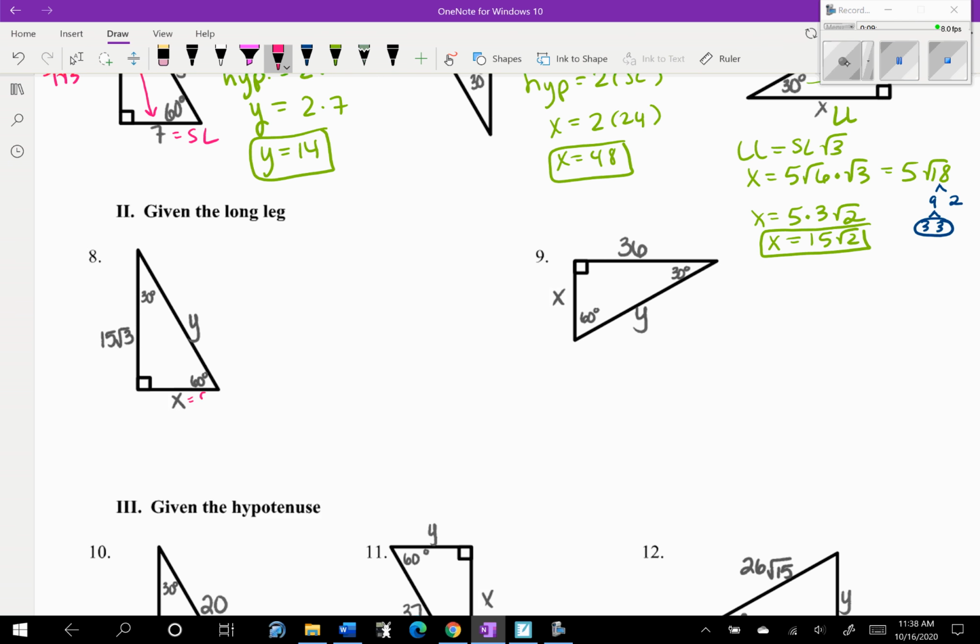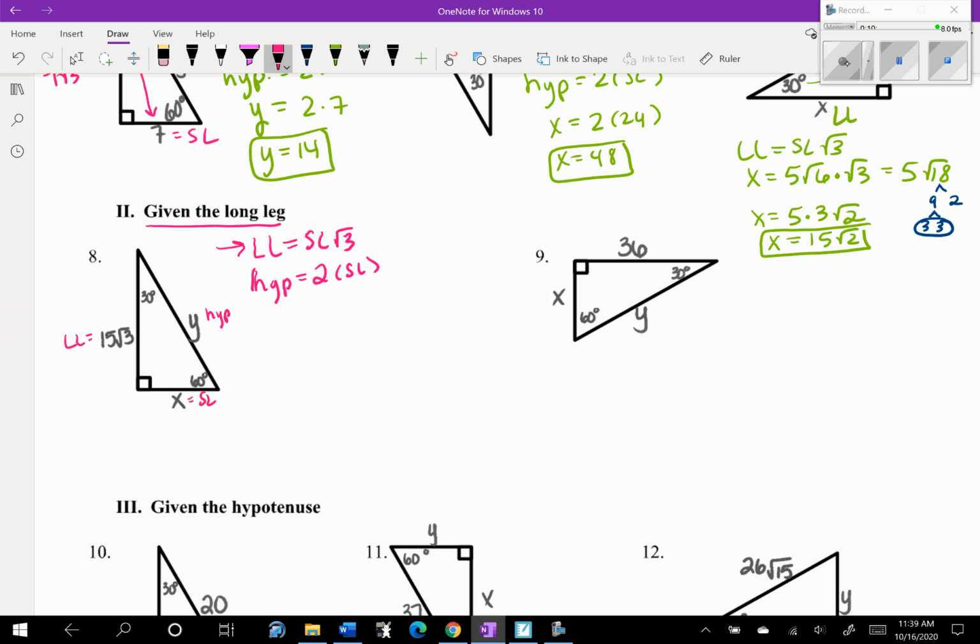So x is the short leg, across from 60. This is the long leg, and y is the hypotenuse. So now notice that we were given the long leg, and we're going to solve for the hypotenuse and the short leg. So we want to use first the fact we have our equation. So we know the long leg is equal to the short leg times the square root of 3, and we know the hypotenuse is equal to 2 times the short leg. So of course, we cannot use the second equation first because we don't know what the hypotenuse or the short leg is. So that means because we're given the long leg, we're going to have to use this first equation